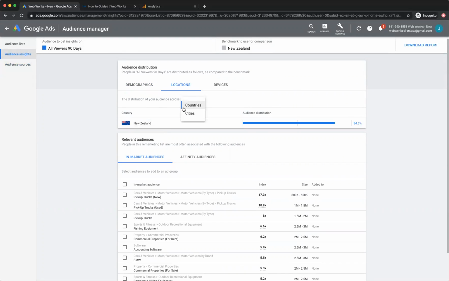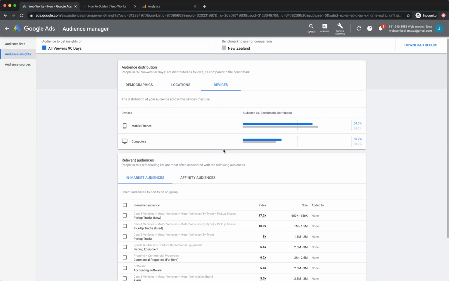Obviously New Zealand, and you can see the distribution, cities, just all Auckland. That's not true. I don't believe that the detail you get here is correct. We are targeting the whole of New Zealand, and device category. So getting less impressions on mobile than the norm, or the average, and more on computers. But again, I would suggest that our weighting is better placed against that. So getting these insights is going to have a big bearing on how you